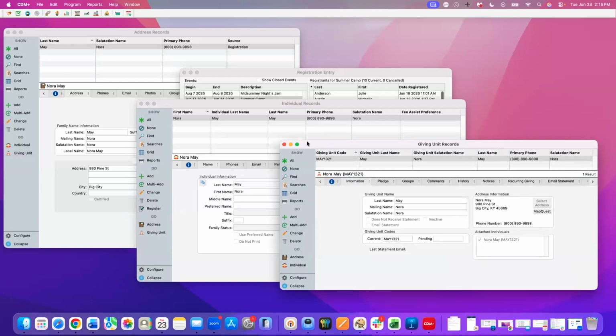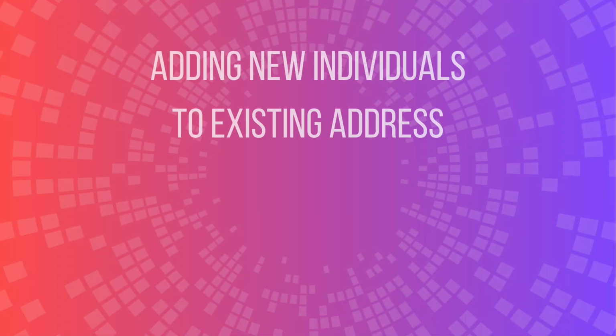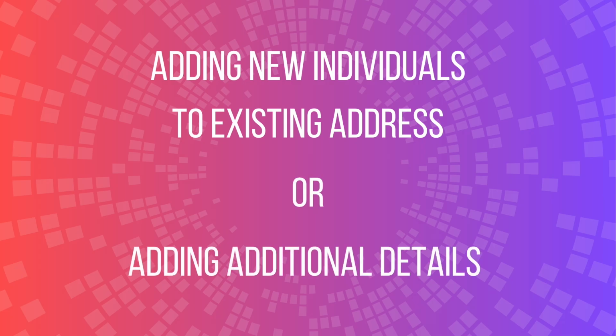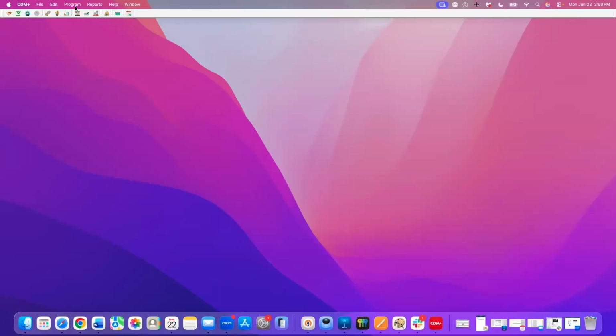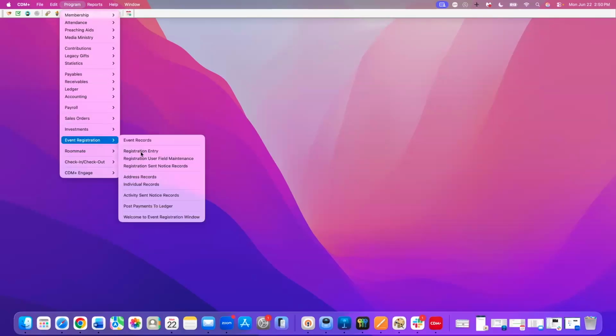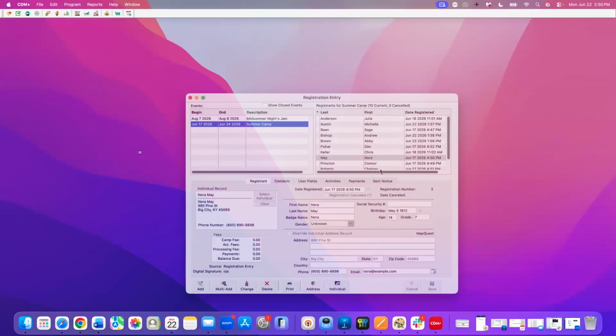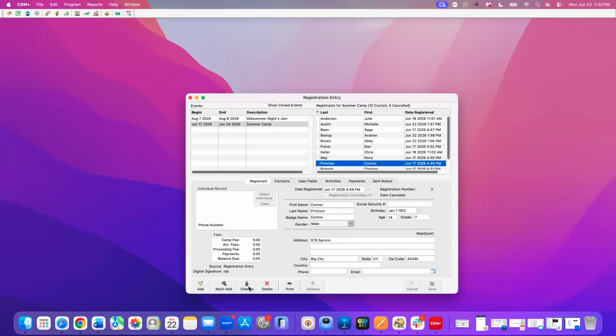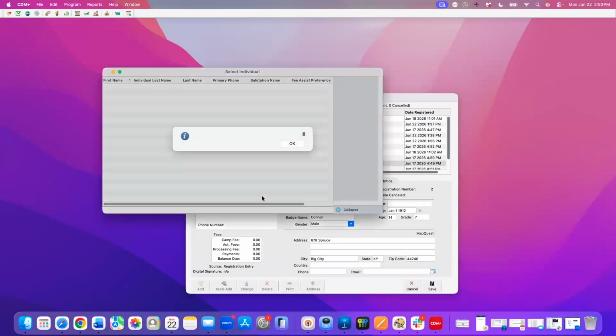Now this is a great option if you have brand new individuals come into your event, but sometimes you might have individuals that just need to be tied to an existing address record, or you might want to take a more manual approach so you can add some additional details to that address record when you create it. To showcase this, we're going to go to Program, Event Registration, Registration Entry. We're going to click to highlight our registrant, click Change, click Select Individual,